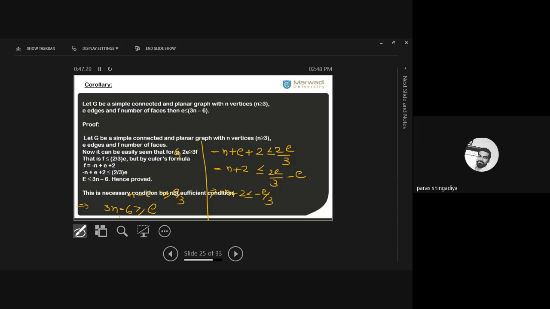Okay, so we'll keep it up to this, and the next theory will start in the next lecture. That is dual graph and vertex coloring, graph coloring. Clear? So most probably we'll finish this unit in the next lecture also. Clear? Means in the next week. And after the exam we'll start the discrete mathematics part.